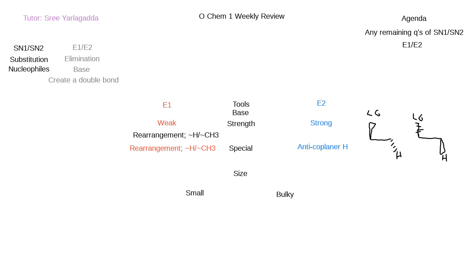Now, size of the base does not determine E1 or E2. E1 and E2 is determined by just the strength of the base. So if it's a weak base, it's automatically E1. If it's a strong base, it's automatically E2,